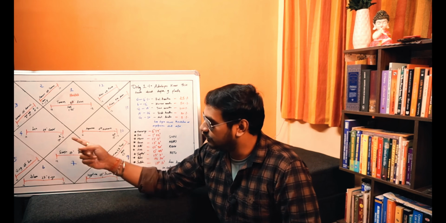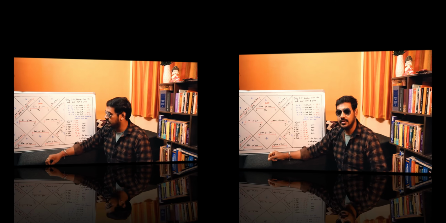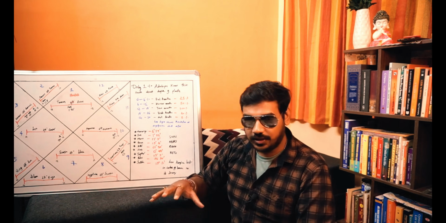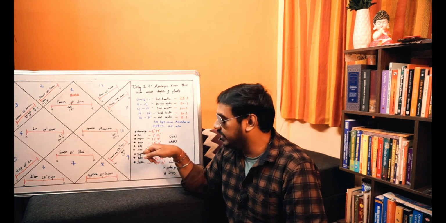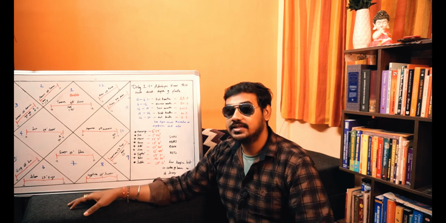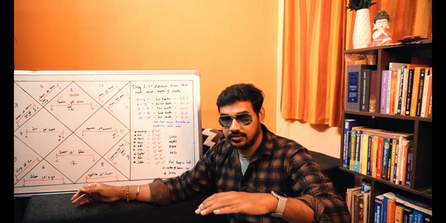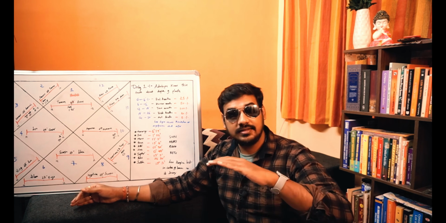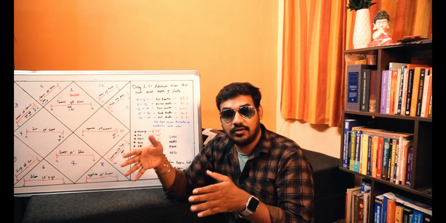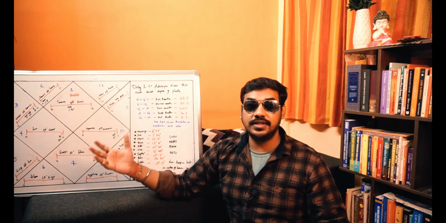Similarly, in the 4th house of this horoscope, Jupiter is placed in the sign of Cancer. Jupiter is exalted and is at 13 degrees 3 minutes. Alright, so what is the prediction? You have a very strong Jupiter. Jupiter is in the 4th house in Cancer at 13 degrees, so it is almost in the center of the Rashi. So, Jupiter is going to give you very strong results.